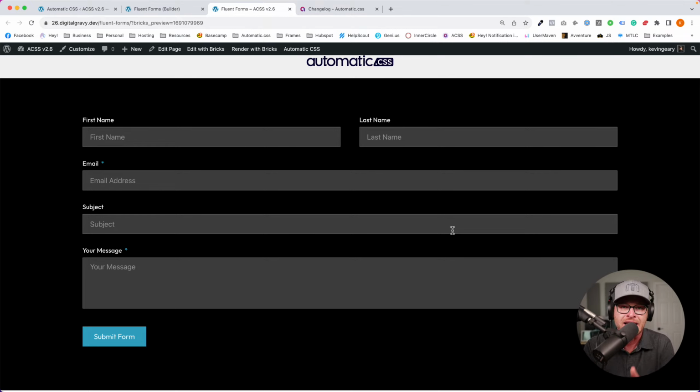We won't need dedicated support for Pinocchio forms, whatever that system is called, and then this form system over here and this other form system over here. It won't really matter that much anymore. The question will be, does your preferred form system allow you to remove default styling? And if the answer is yes, then ACSS can control it. That will be the reality after we refactor everything.